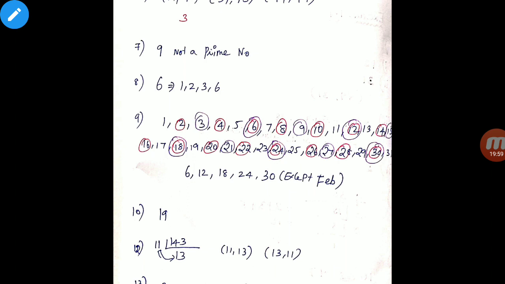So 11 and 13, either 11 books in 13 racks, or 13 books in 11 racks. So either way we can follow it. Okay,